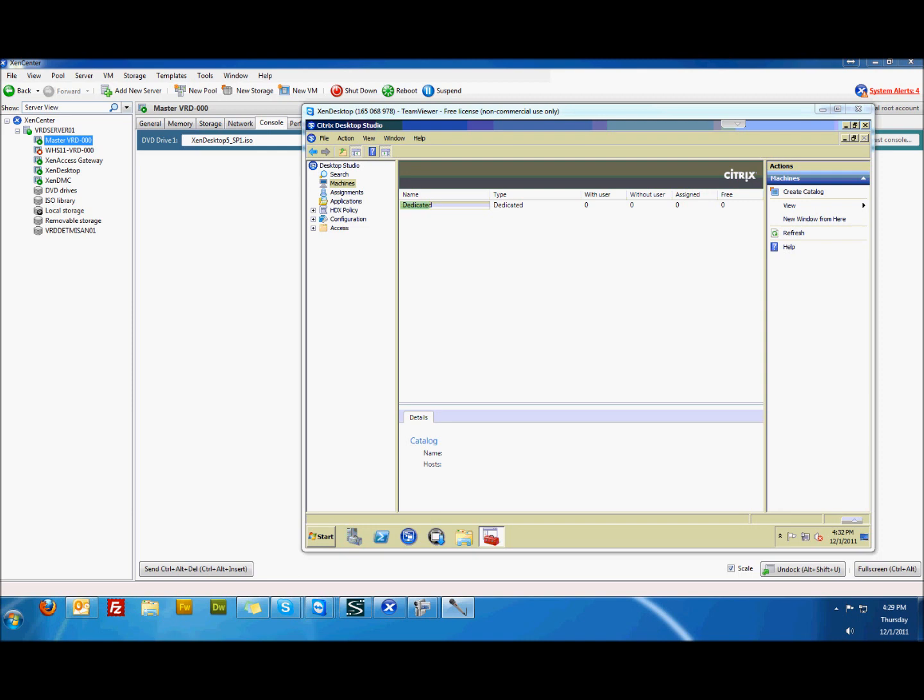Again, it's the same master image that I used to deploy random pooled or static machines to users, and you're able to connect perfectly fine every time. Now I'm trying to do dedicated or existing, which I think I did do some reading on. The master image does have some type of registry key or sequence in it that it knows that it is the master, and you can assign the existing